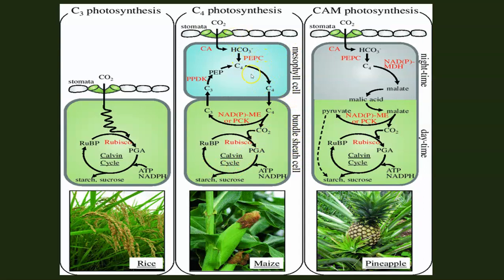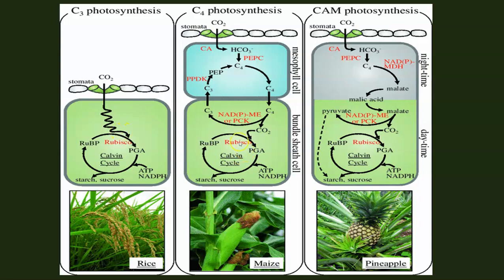You can see here in the mesophyll cells, when the atmospheric carbon dioxide is taken up, it is converted into a C4 product, that is your oxaloacetic acid, which is a 4-carbon compound, and then it is converted into your malic acid, and it is sent to the bundle sheath cells, where it gives out the carbon dioxide, and that carbon dioxide is taken up by your Calvin cycle, and the rest of the story remains the same as that of your